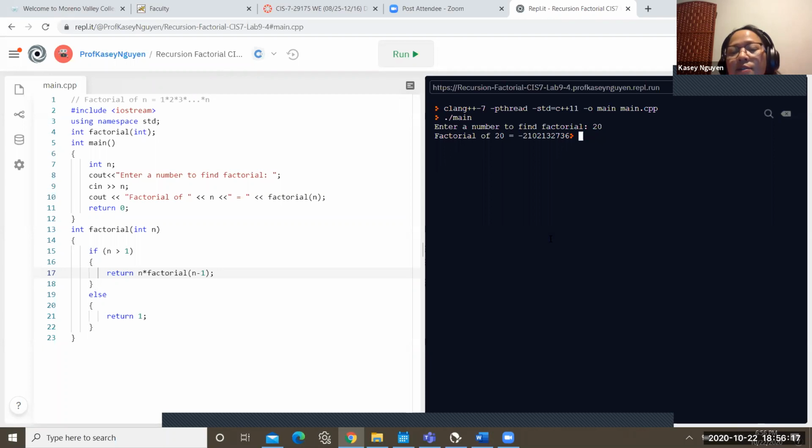So we're not able to produce factorial of 20 from this program in REPL. Now you might be able to if you're using an IDE at home. So on REPL, I'm not able to obtain the output.